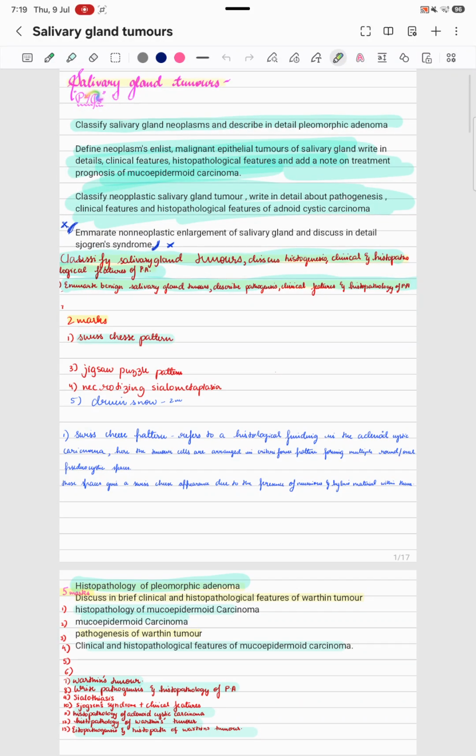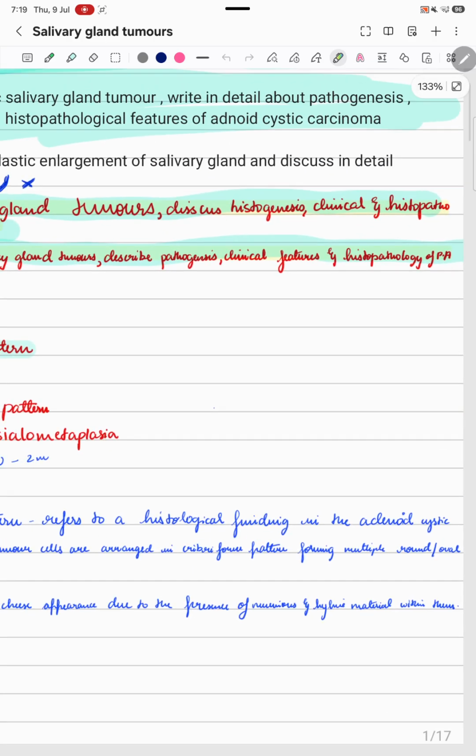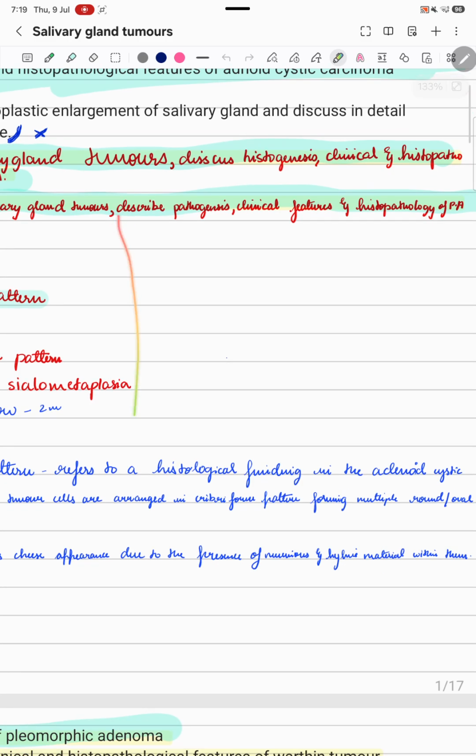Today we are going to deal with salivary gland tumors, and in salivary glands I'll be covering mainly PA, mucoepidermoid, adenoid cystic carcinoma and Warthin's tumor. So today let us start with the first PYQ that has been frequently asked, the salivary gland neoplasms and in detail pleomorphic adenoma. So I'm going to start with pleomorphic adenoma, but before that we need to learn the